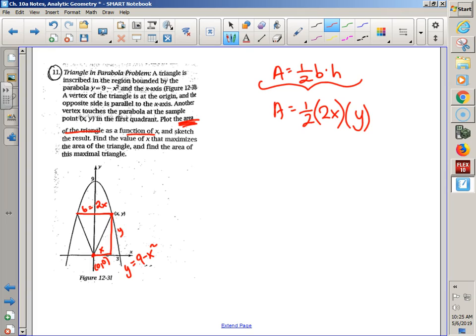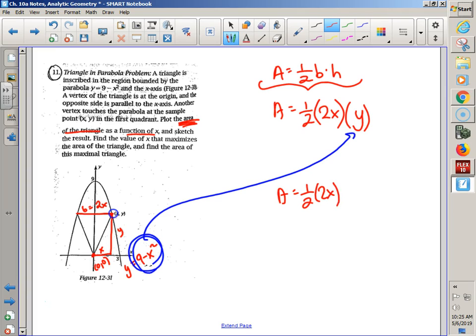but here's the cool thing. What do I know about y and x and how they're related? Plug it in, plug it in. So A is equal to 1/2 times 2x times 9 minus x squared. You can make it look pretty if you want. But the long story short is they're trying to have me find the value of x that